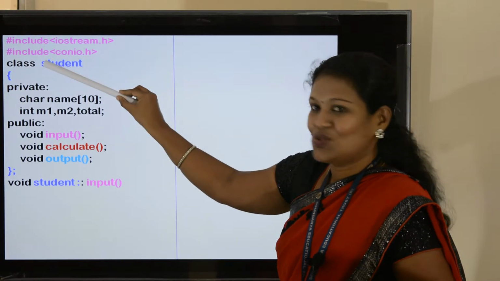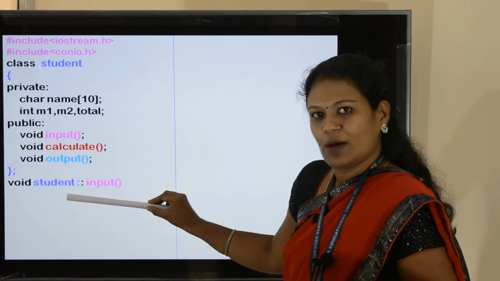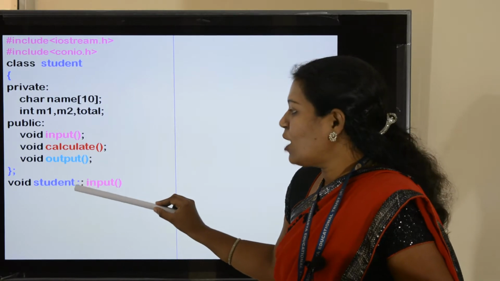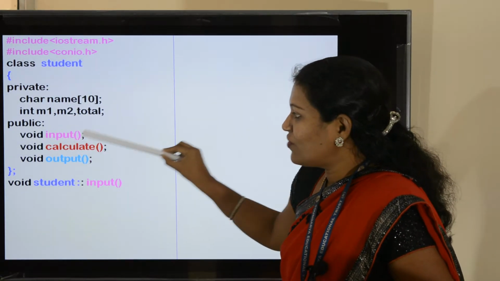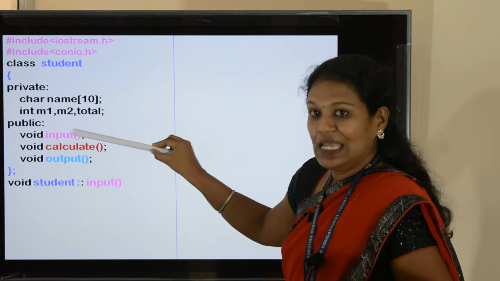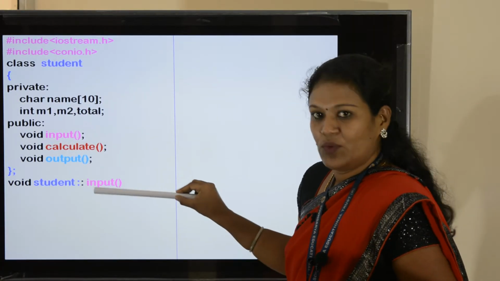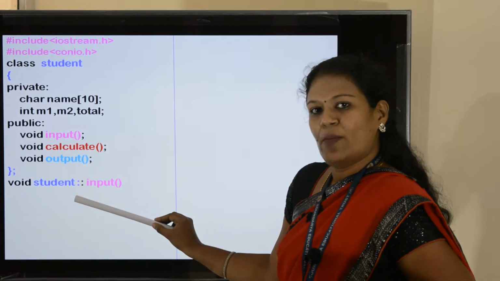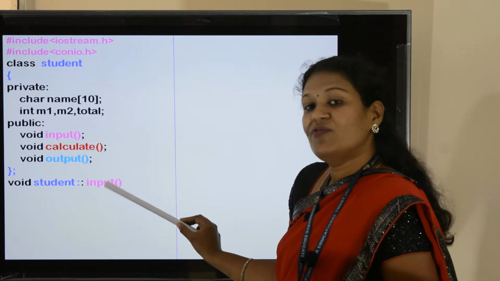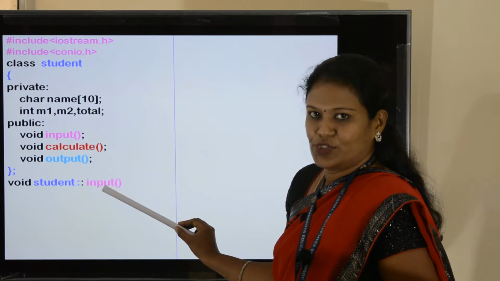The class name is student. The same name I should give here, followed by the scope resolution operator, followed by the first function. What is the first function here? Input. That I need to give here. So void student scope resolution operator followed by the first function as input.